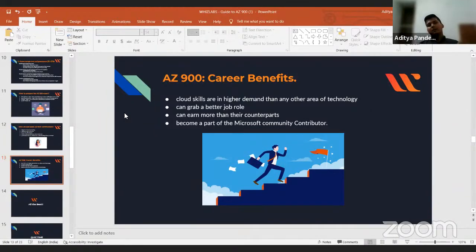I cannot ask about all the services present in Azure. But after seeing that certification in his resume, I can directly conclude that, okay, even if they have the same level of knowledge which I have asked, this person has done this certification. So he may have a better understanding of Azure cloud and cloud computing. So I'm going to hire him. So that's where you get an edge.